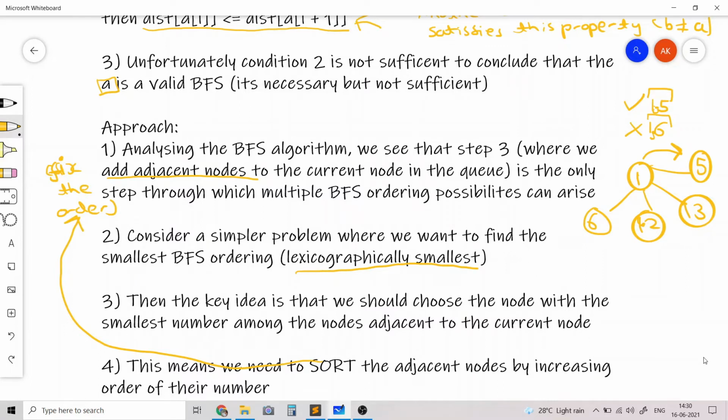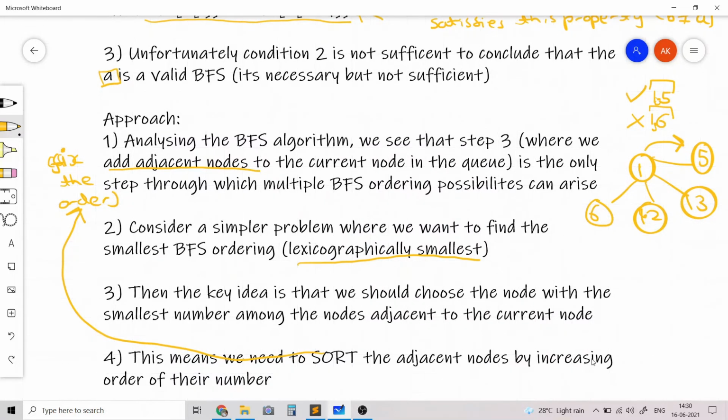That's how we'll fix the ordering, and that's how we can solve the simpler problem of finding the lexicographically smallest BFS ordering of the tree. To recap quickly, we would sort the adjacency list of every node and run the normal BFS algorithm. Now let's come back to the original problem where we need to check whether or not A can be a valid BFS ordering.